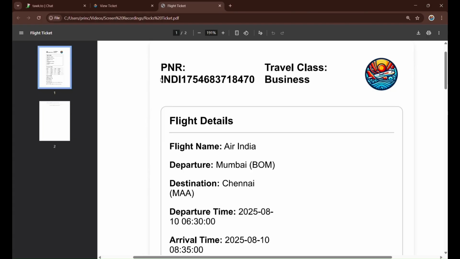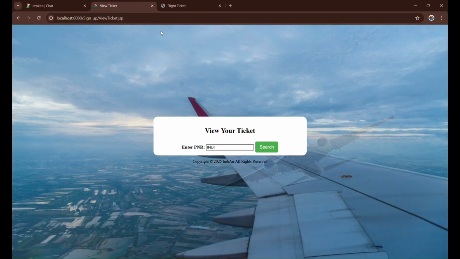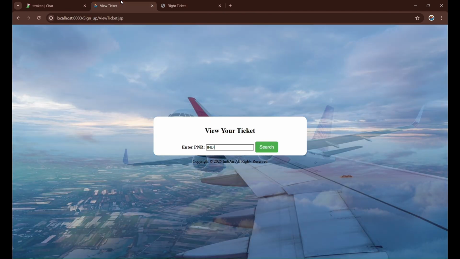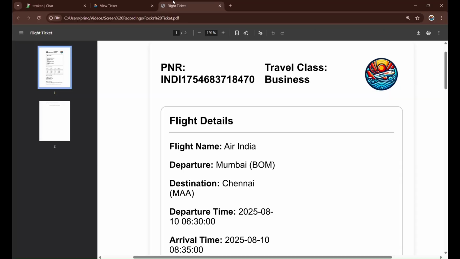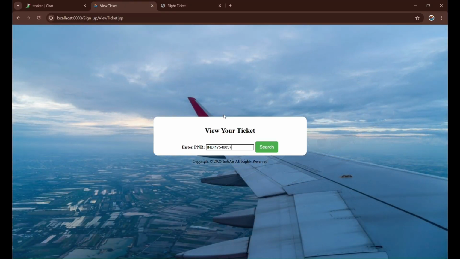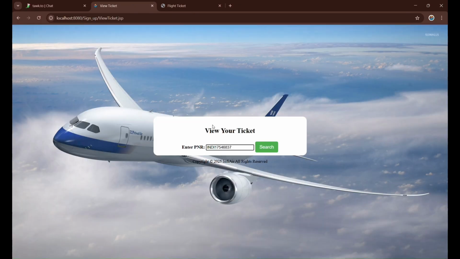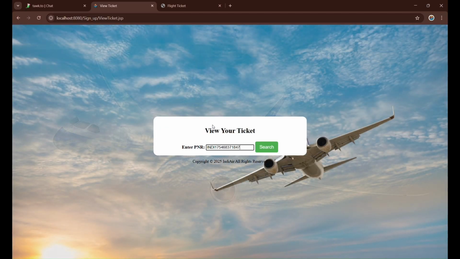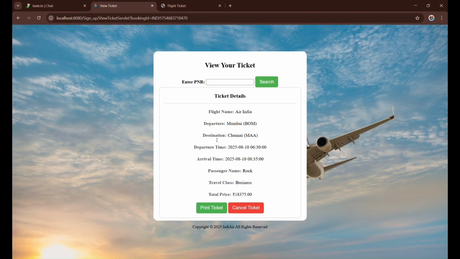It's not letting me copy it, so I will just write the PNR number, INDI 1754 6837 70. Let's hit on search, and here we can see that we got our details,